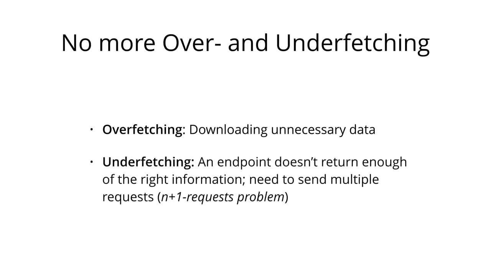The problem of underfetching, on the other hand, means that a specific endpoint doesn't return enough of the right information, so we have to go and send multiple requests. And this could escalate into the n+1 requests problem, which means that we have a list of items that we fetch from the server, but for each of these items, we need more information that we get from a dedicated endpoint. So we actually have to send one additional request for each item that we downloaded initially